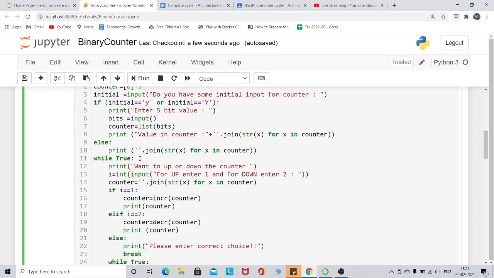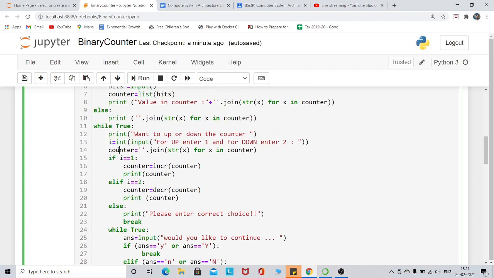After that I have a while loop, which is an infinite loop. It will ask me whether I want to up or down the counter, and I have stored the value in i, and I converted that input into an integer because I only want 1 or 2. Then I have converted the counter list into a string, and if i equals 1, in that case I have called the increment, and when I get the answer I will print the answer.